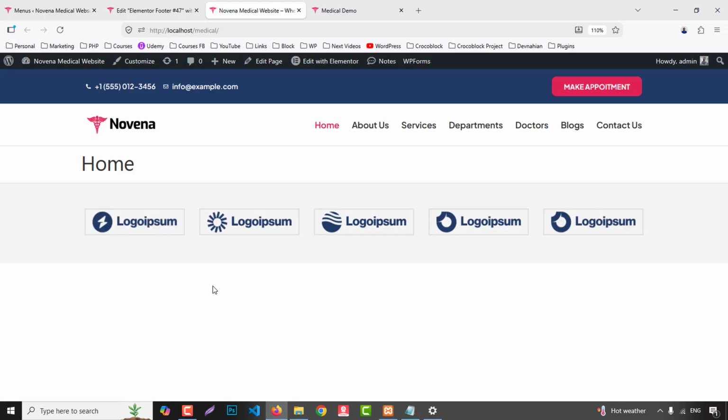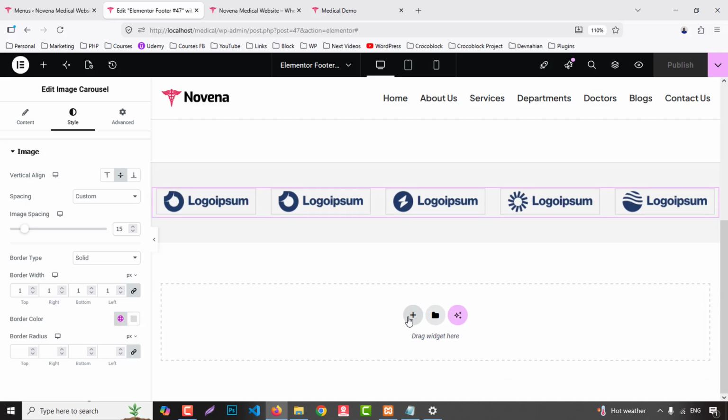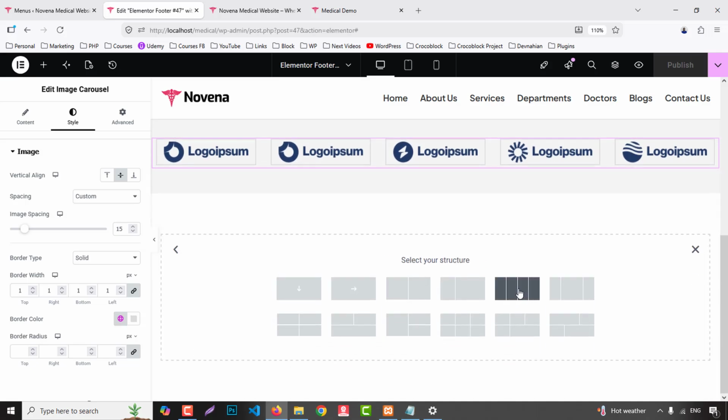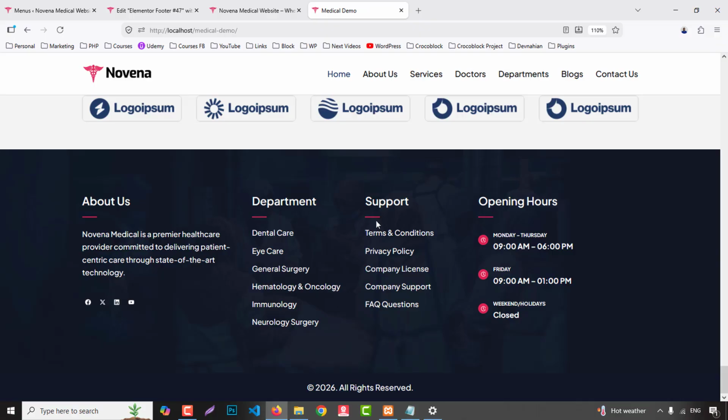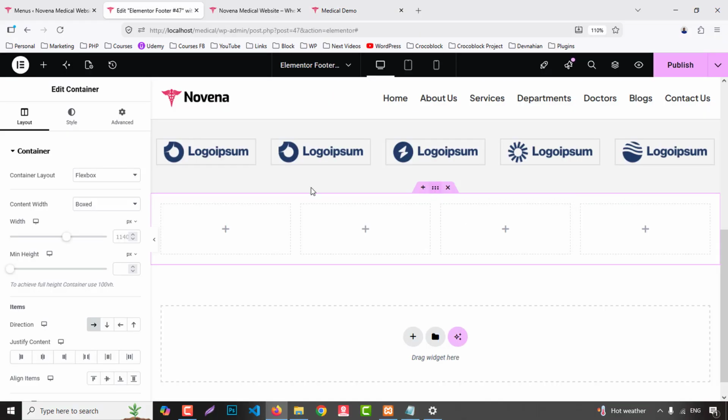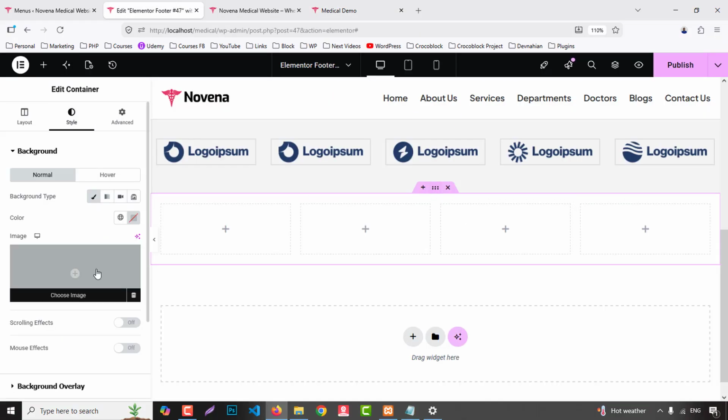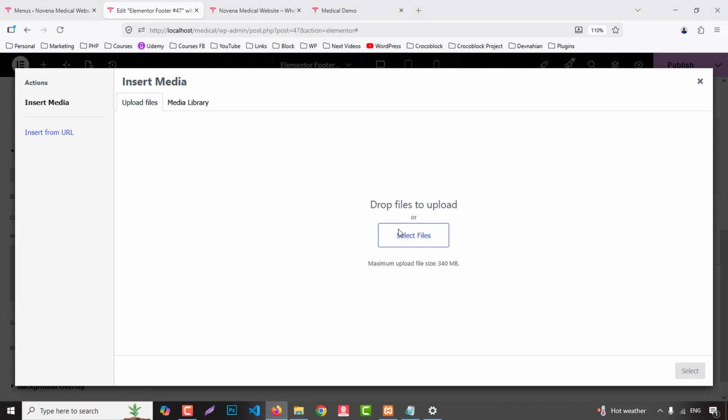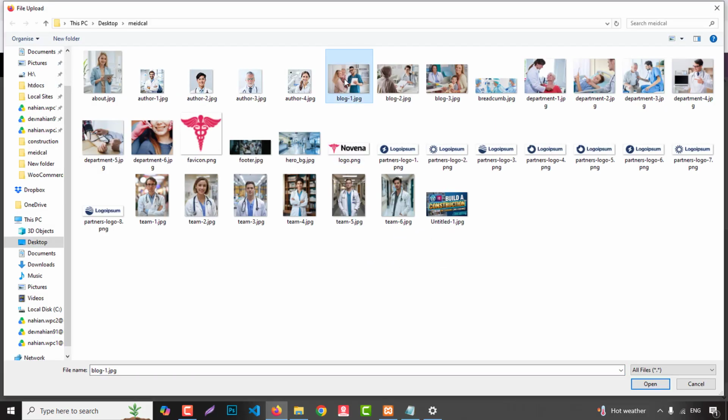Okay, yes, that's great. Now at the bottom we have 4 columns, so here we can choose 4 columns, and we have a background image. So go to style. Here we can upload our background image, so we can search for footer. So footer, this one,